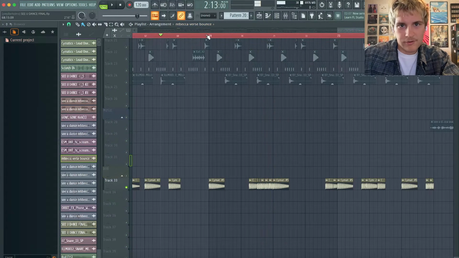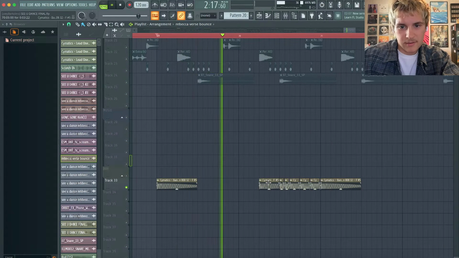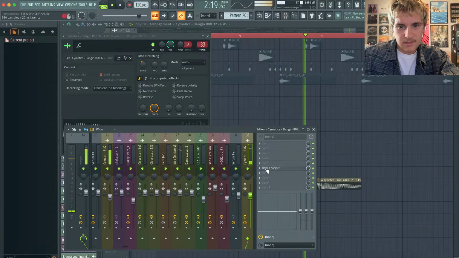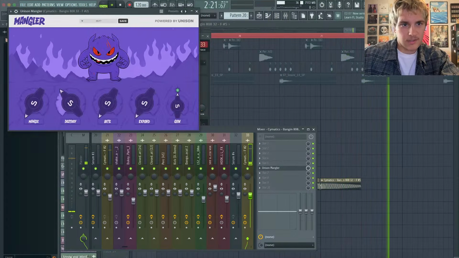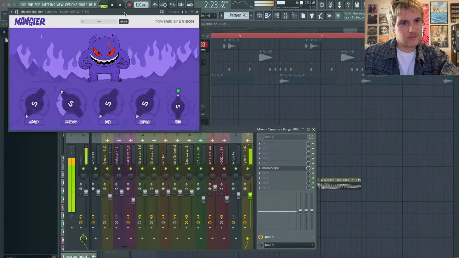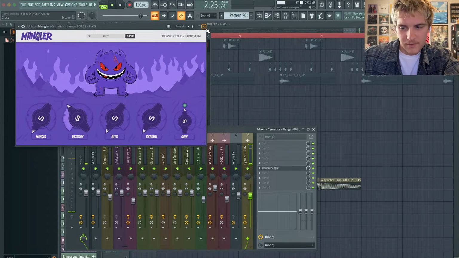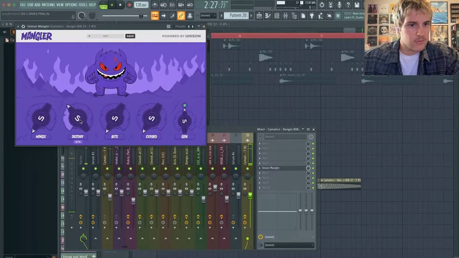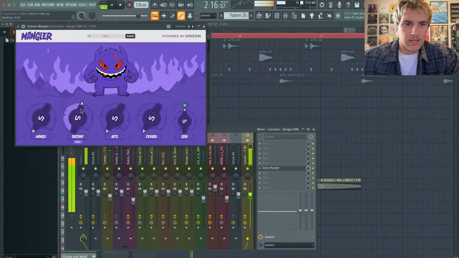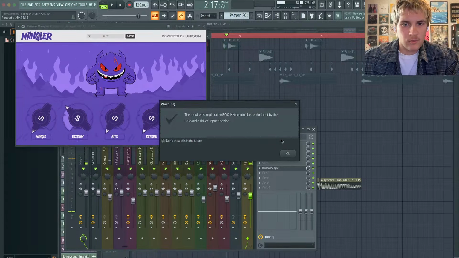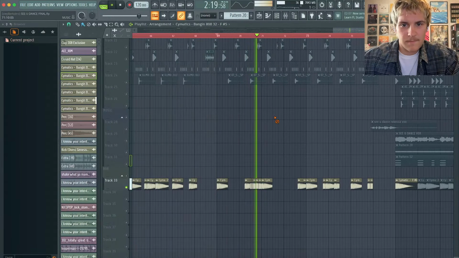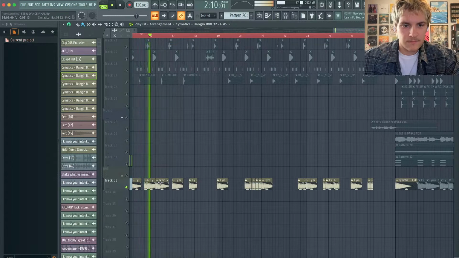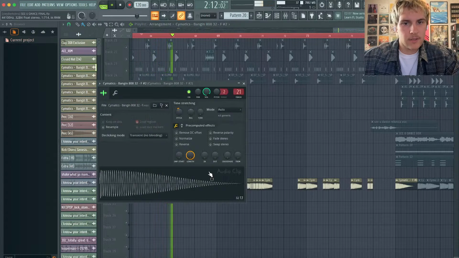Again, all these 808s are straight in the timeline, and this is a subtle difference. I use this plugin called Unison Mangler, and it's just a picture of Gengar, but this is another like $25 plugin. Super simple. Just like some great, super absurd distortion features on it. But that's what's happening. You can hear a difference between this 808